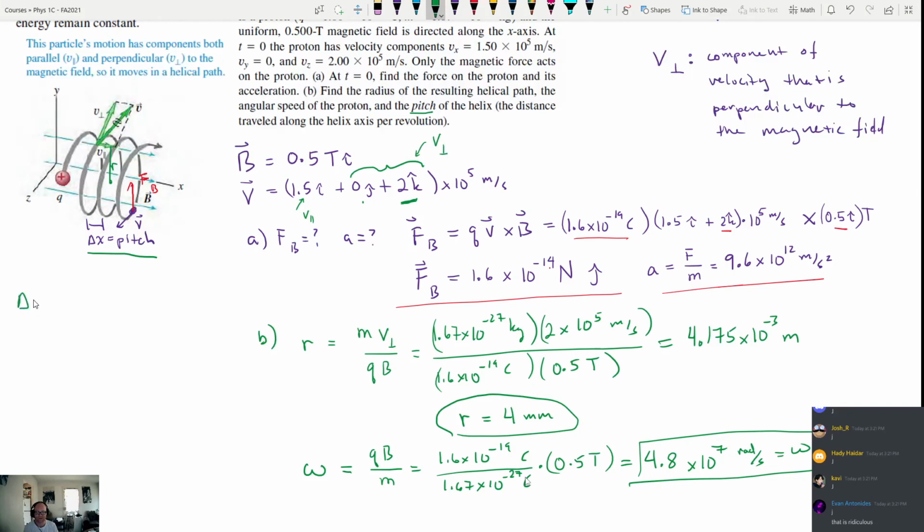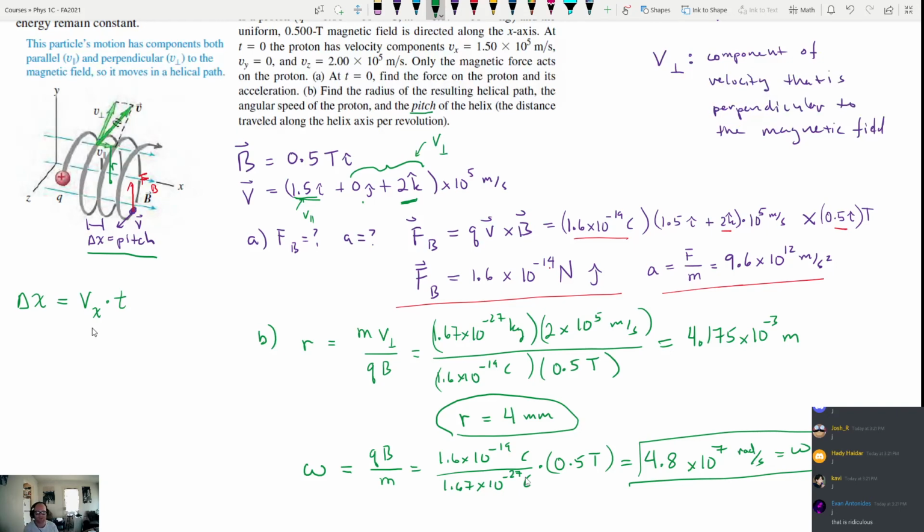So delta x then should be equal to, what's it equal to? How do we figure it out? We know the particle is traveling in this direction with a constant x velocity, right? We said before that the magnetic field, all it can do is change the direction of motion. It cannot change the speed of the particle. So we know that this is a constant for the particle, right? And in general, just to take you back to physics 1a, we know that if something moves with a constant velocity, vx, and we multiply by the time that it takes to complete the loop that we're talking about, one loop,